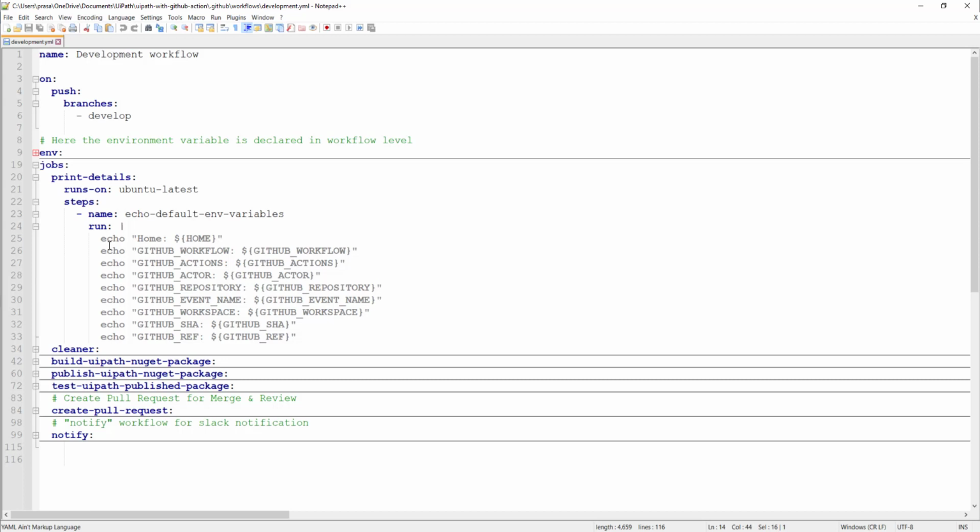Then GitHub SHA, which is nothing but a unique hex number that identifies the event and provides other necessary details, right? So that's all the information I am printing. The one thing that you need to note here is that just below the print details, I have written a keyword pair called runs-on: ubuntu-latest, right? Here we are defining the runner. Here we are defining where this code would run.